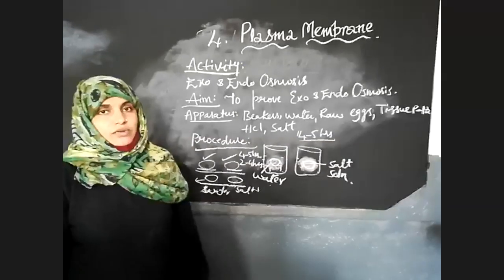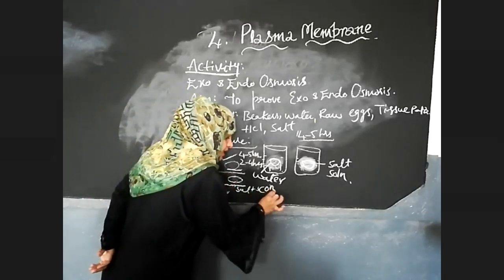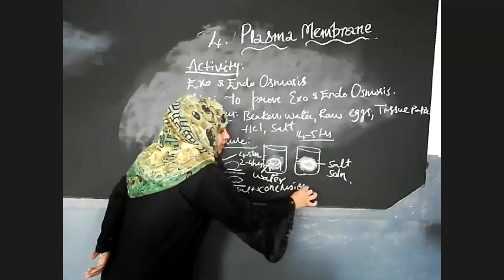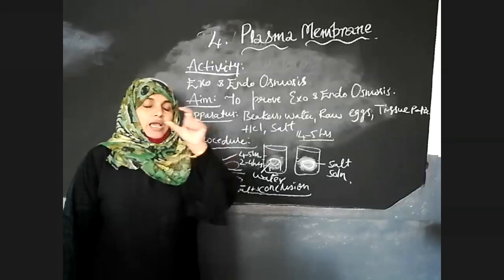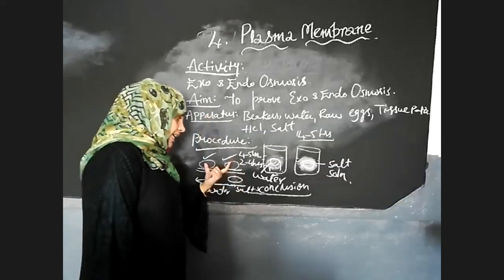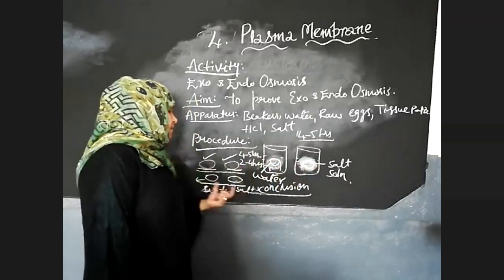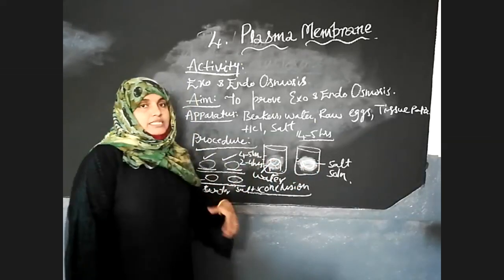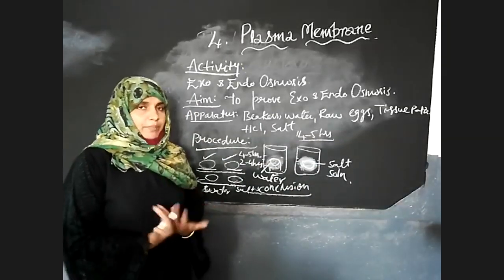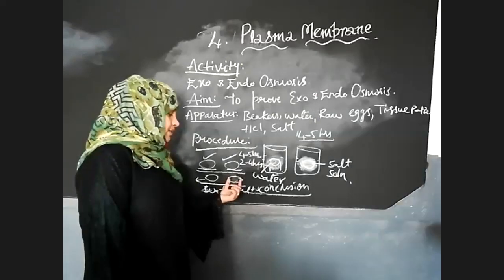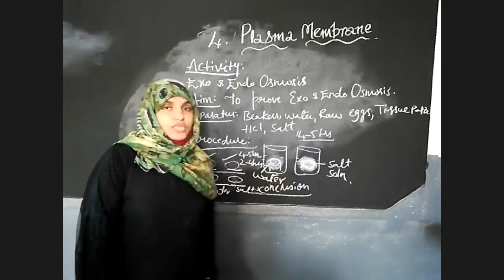That is our observation. By this observation, what conclusion can we draw? When we measure, both eggs are the same in size when we start the experiment. But after the experiment, one becomes smaller in size, the other becomes bigger. Why are these changes seen? What happens here? Why does this egg become small and why does this egg become big? This is our observation, and what conclusion can we draw from this?